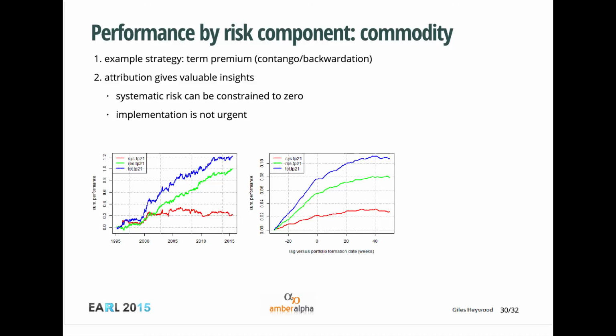But what it's telling you is that it's not urgent to trade to get into these positions, that the performance actually gets off to a slightly slow start around 0 and then persists for up to 20 or 30 weeks. And you can also see how that varies according to risk component. And these are the type of analytics that I think really add value on top of what Bloomberg's got.